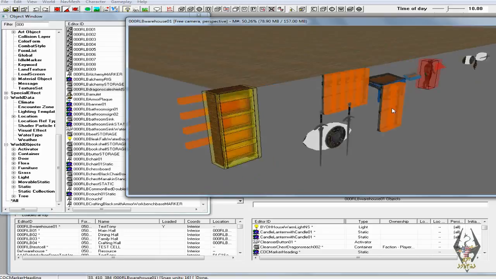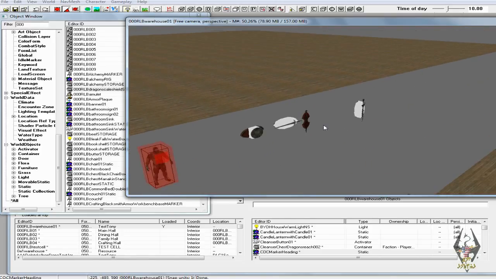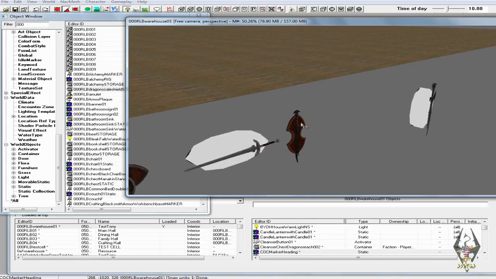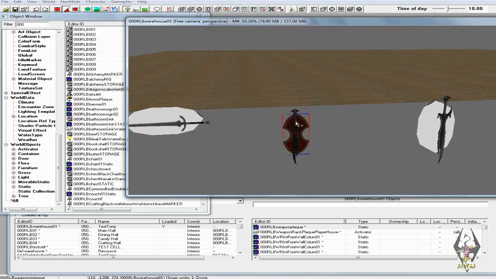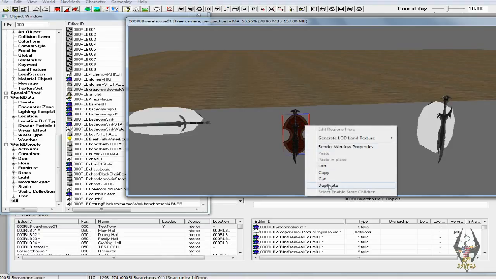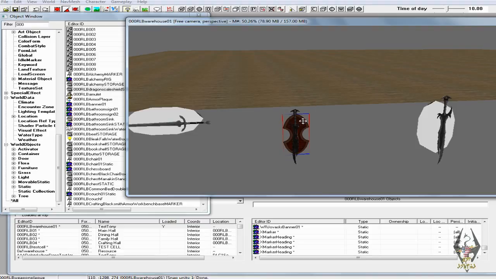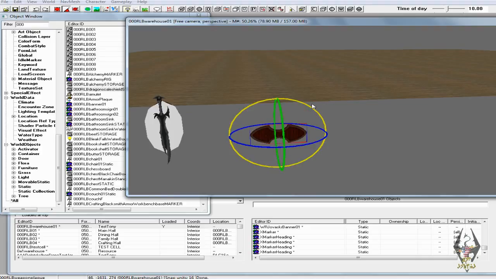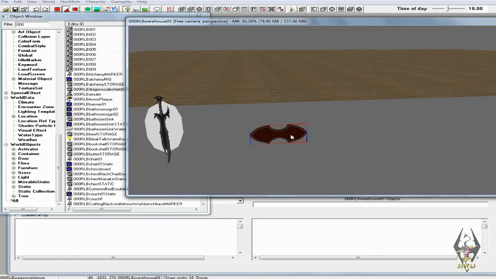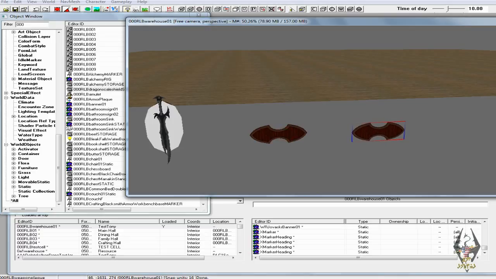my last video I showed you how to insert a custom mesh for a shield rack. Well, I had made this here. This is a static that I made. I'm going to go ahead and duplicate the weapons plaque, and I want to turn that on its side. You push the W key to turn it on its side,